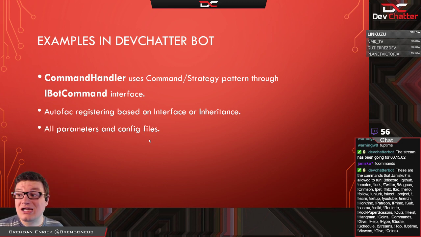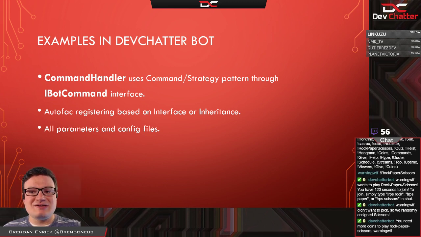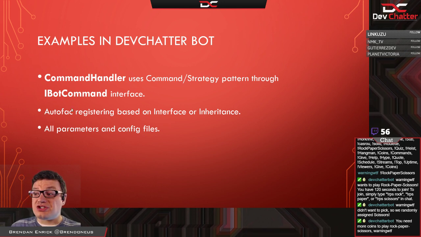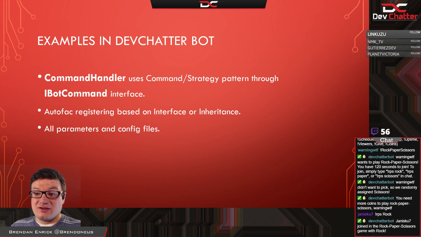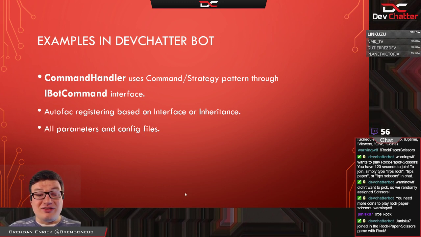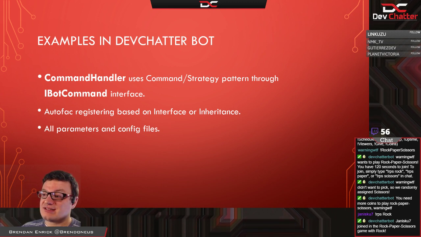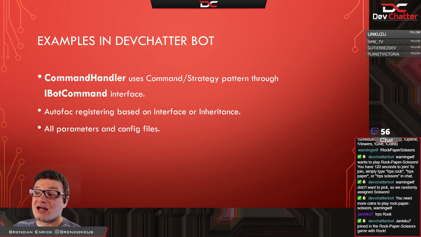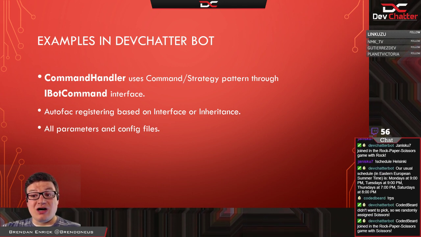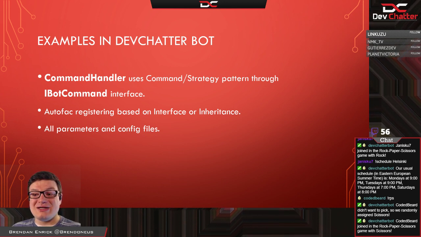Okay, so the one that a lot of people don't think about, that is magic in many ways, is the autofac registrations that I'm using. When you register types with your IOC container, that is a form of OpenClosed Principle. So here's what a lot of people miss. We think a lot of times of OpenClosed being at the level of our classes and our methods. But that's not always the case.